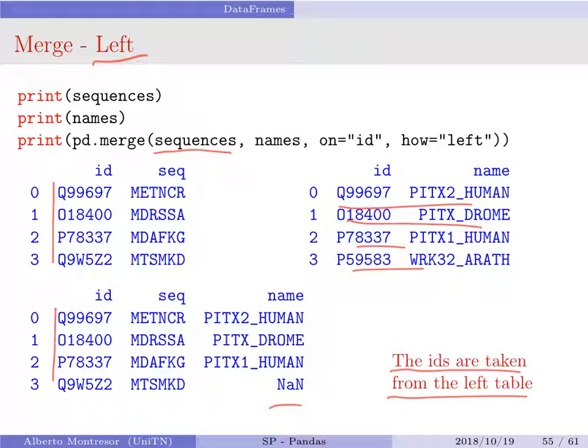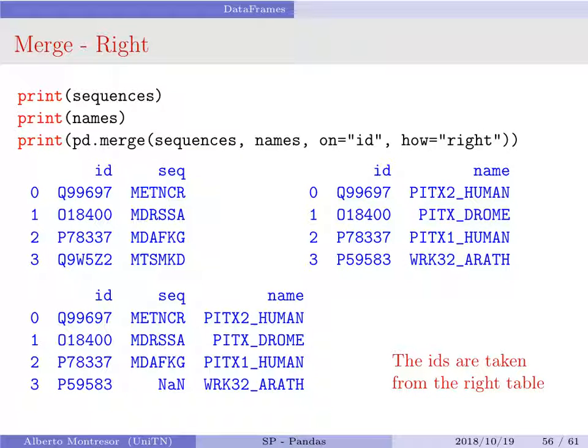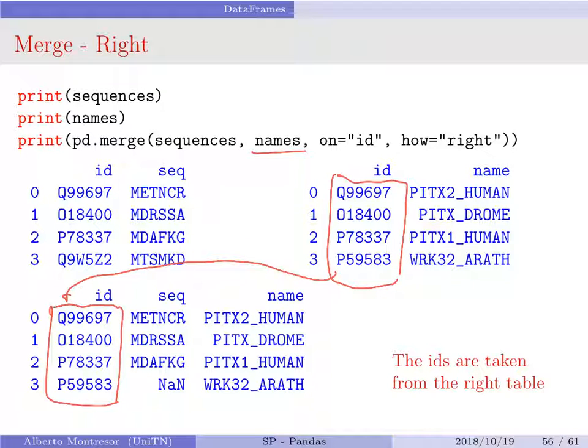Then for right, same as before, but now we are taking the IDs from names, so these IDs are actually these IDs. And now it's P59, which is not present in sequences, so I put